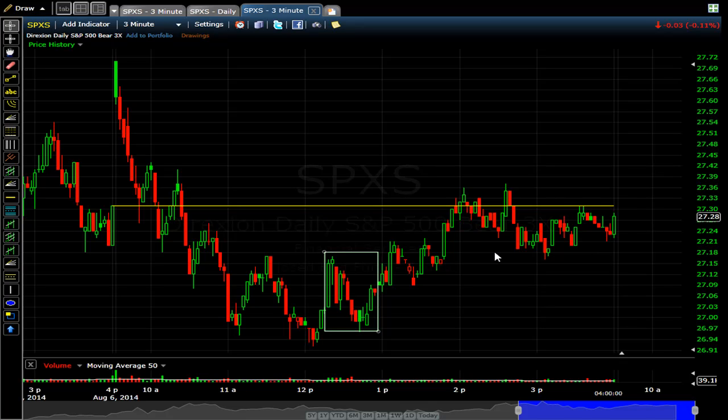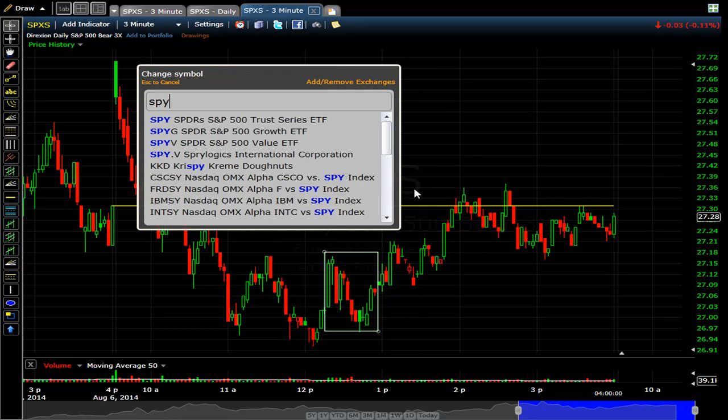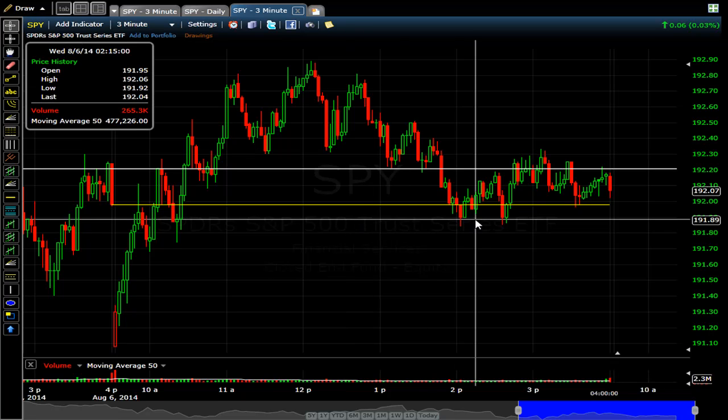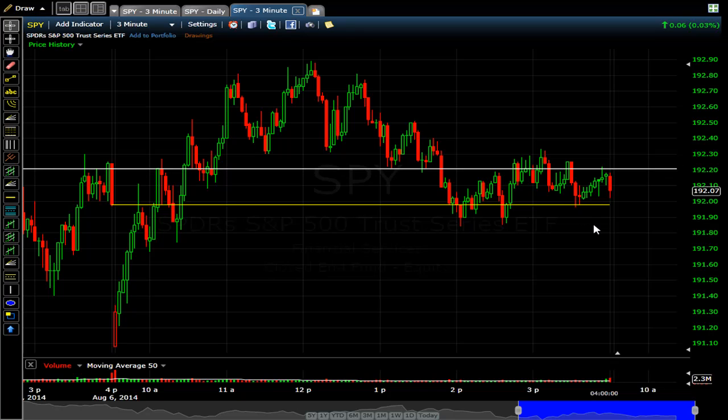And the interesting thing about this is, let's compare this with SPY, where you're shorting the market. You could have shorted this too, but look what the price of this is, 192.07. But I instead went long on the other side with a much smaller share price. In a way, I was saying this is going to go down, and it did go down. If you flip the other chart, it's going to look like this one. Shorted right around here, went to here, enough time to cover, enough time to take profits.